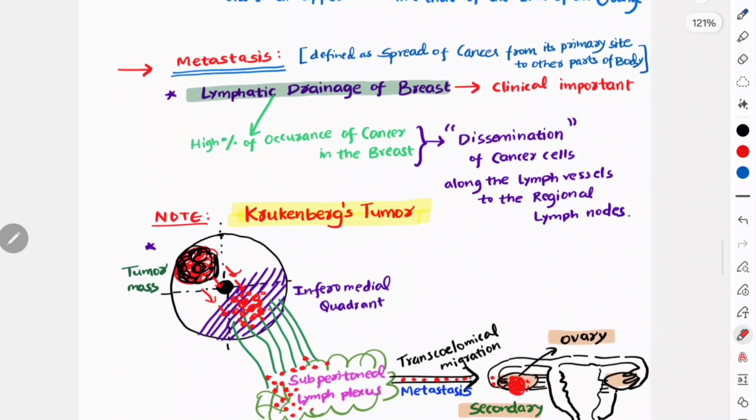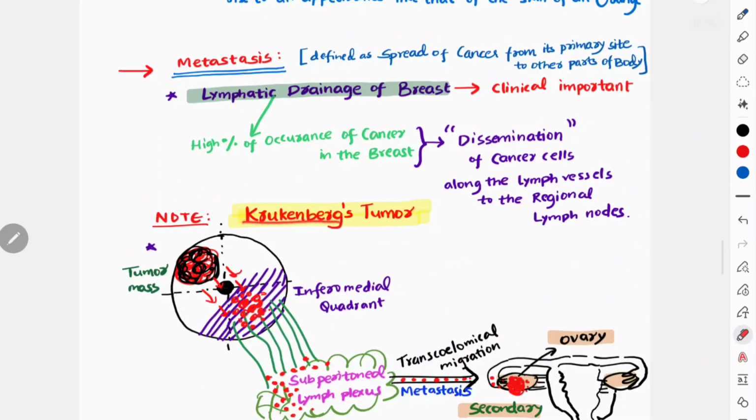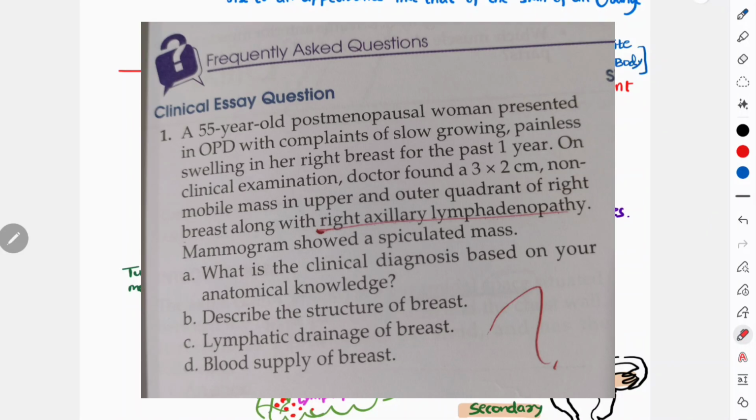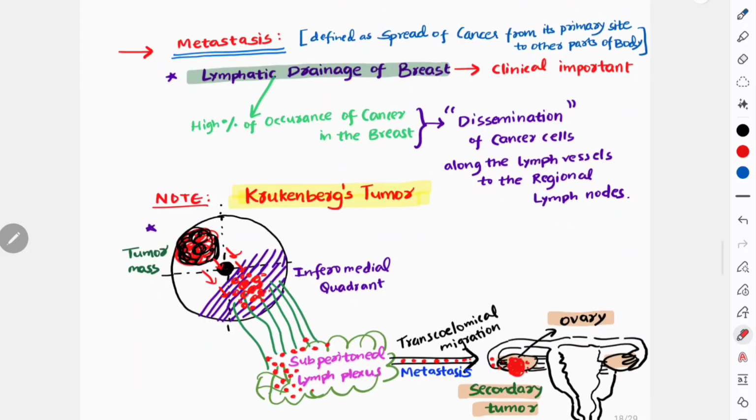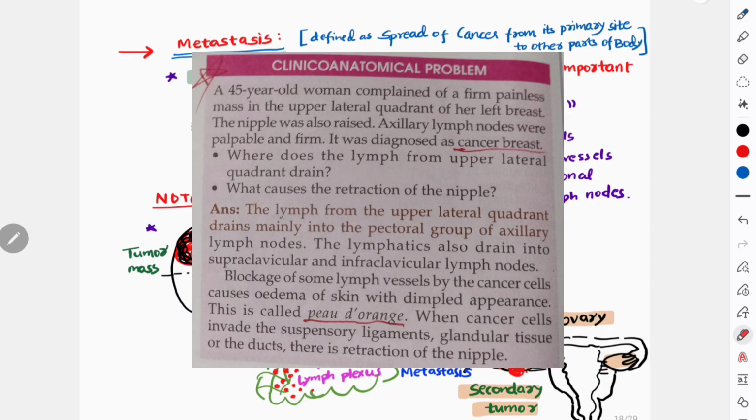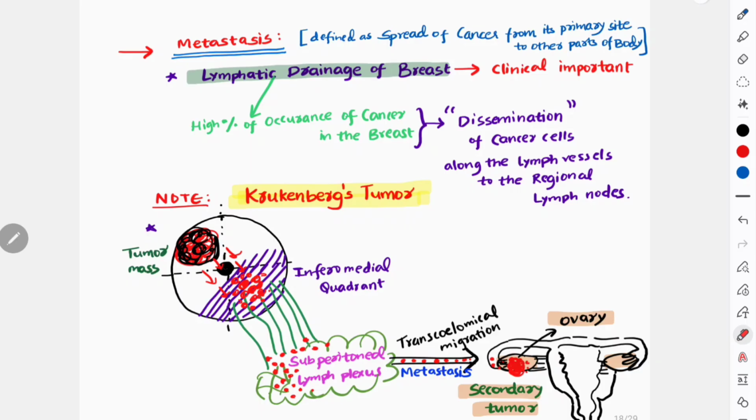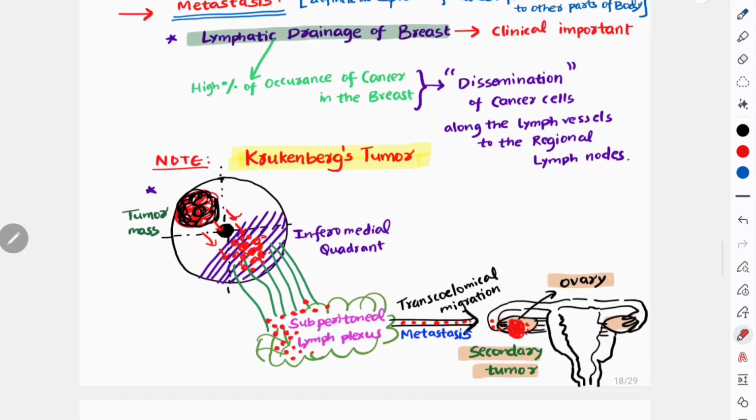An example for that is Krukenberg tumor. This Krukenberg tumor can be asked as an essay also. From that they will ask about the extent, the blood supply, everything, the clinical anatomy of the breast. So you have to remember this clinical case scenario. Krukenberg tumor: they'll say that a female patient of age 55 years has a tumor. They will say that the features are peau d'orange appearance on the skin of the breast, and a hard lump is detected in the upper lateral quadrant of the breast, and she is noticing